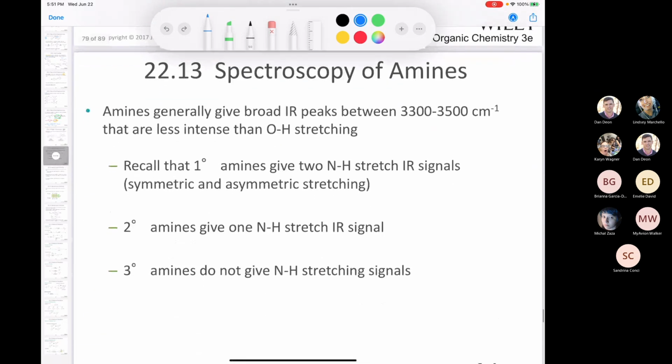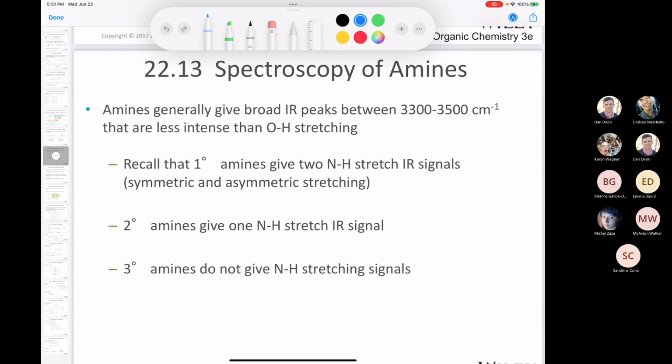And then the same thing about this section on spectroscopy of amines. I think I might have one question about that in the homework, but I don't think there's any on the quiz, but there could be, because this is covered in detail in Chemistry 3101 when we do chapter 14, the IR chapter and the MS chapter, and then the NMR chapter, and it's also covered in the Organic 1 and the Organic 2 labs. So just remember that you have broad stretching for a primary amine and a secondary amine,